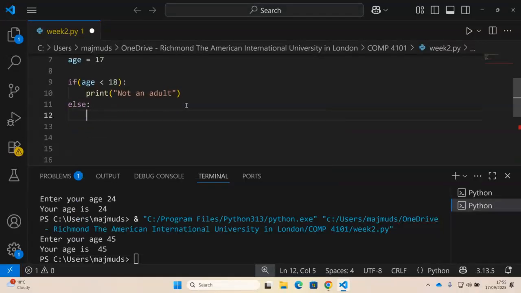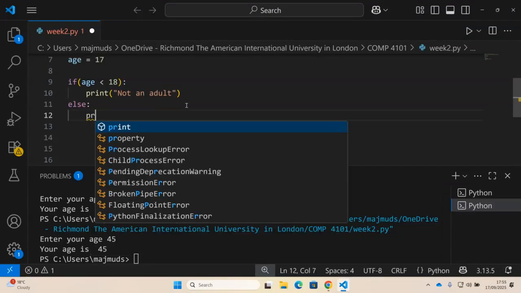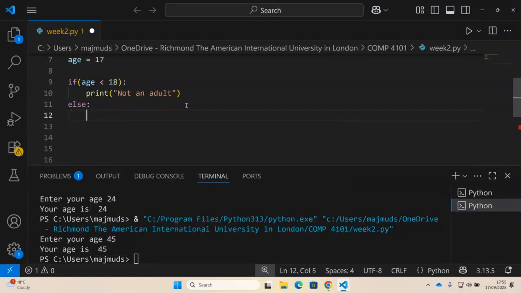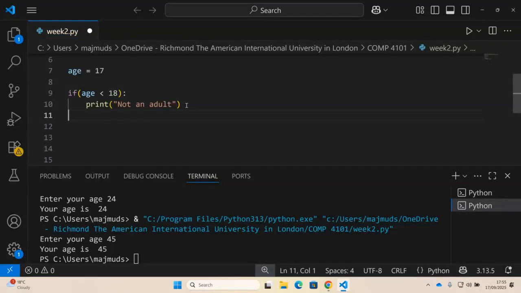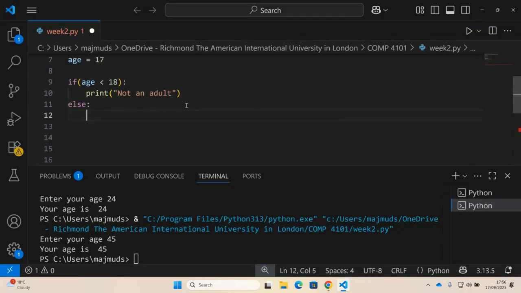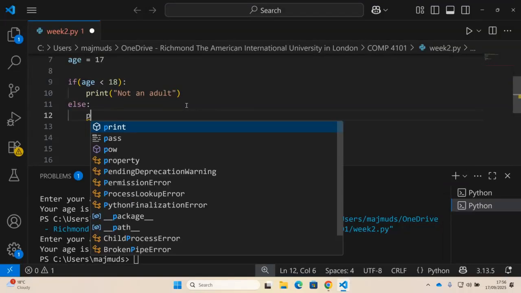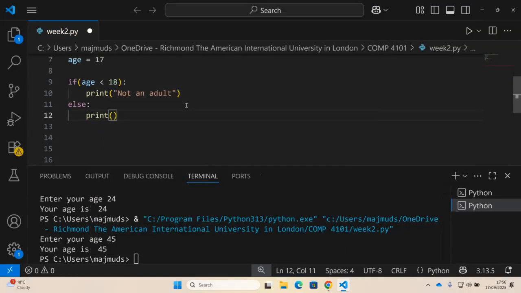I think it's called a colon. So you say print and you press enter, but then you need to go into the line of if and say else and colon. Press enter. Again, you need to be in the middle and say print. Double quotes, you say